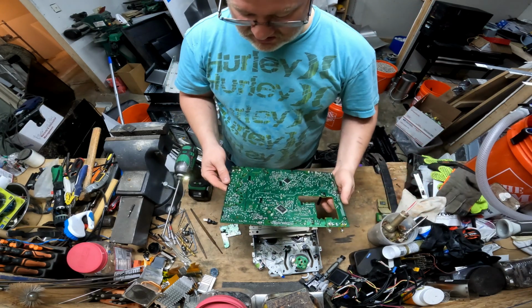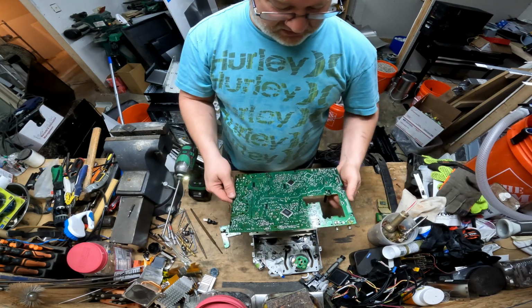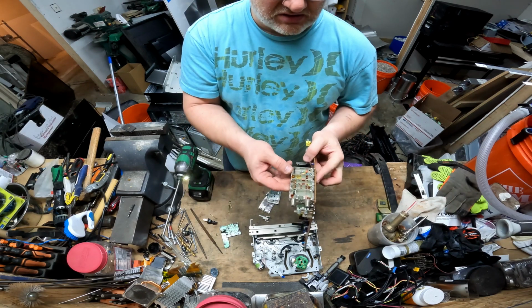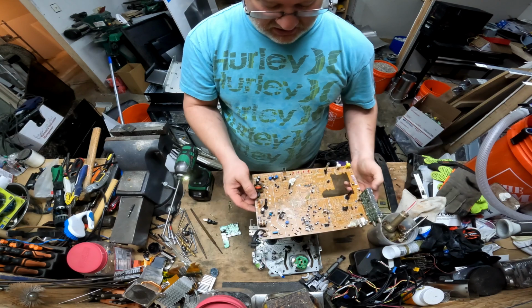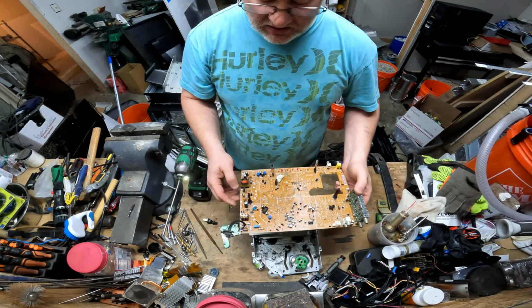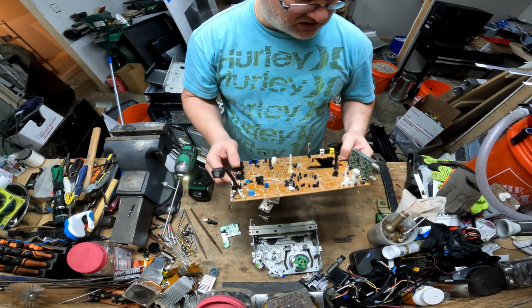Some plastic. So 2 flat packs on the back for gold recovery. A few little chips on this daughter board, and a couple crystals. A couple, 3 crystals here. And a little bit of copper. Not a lot in these in terms of